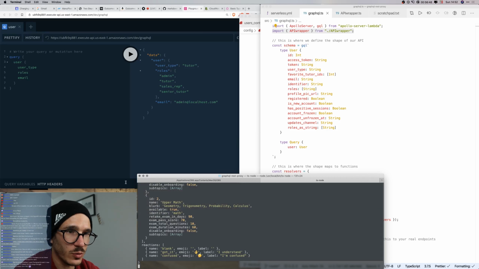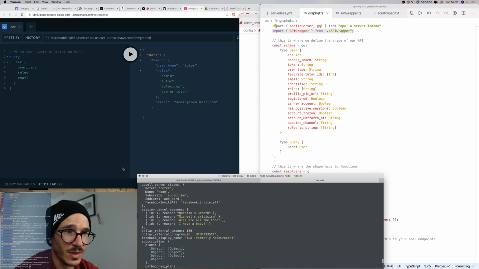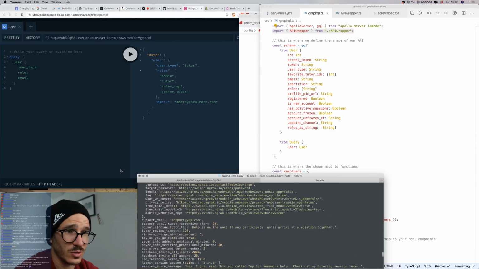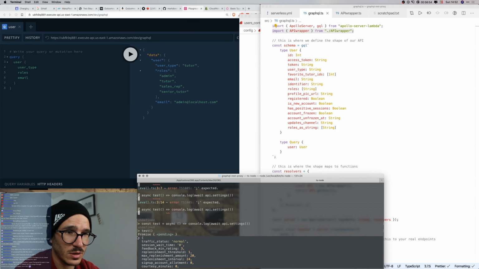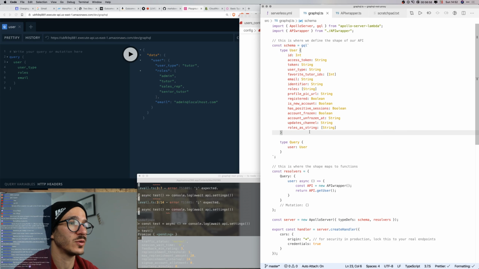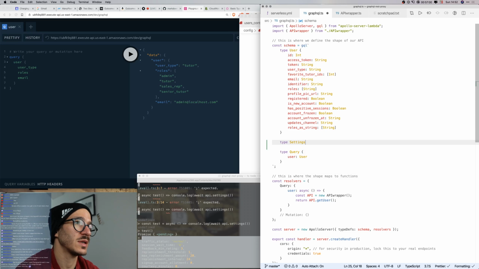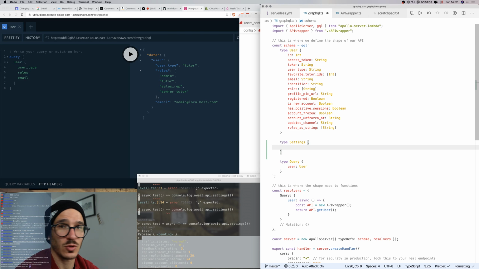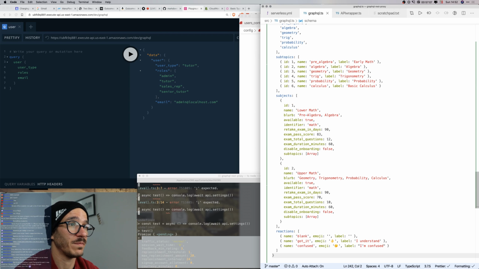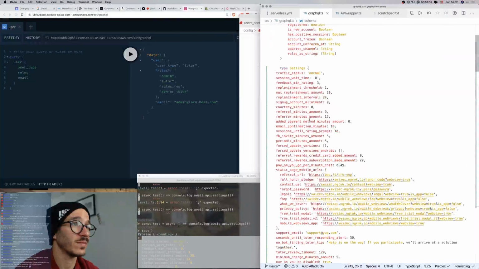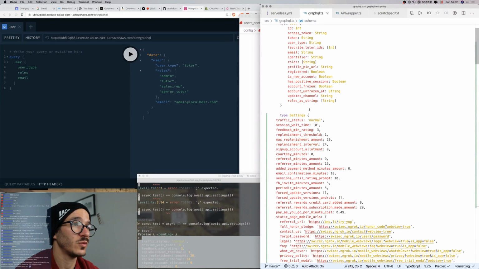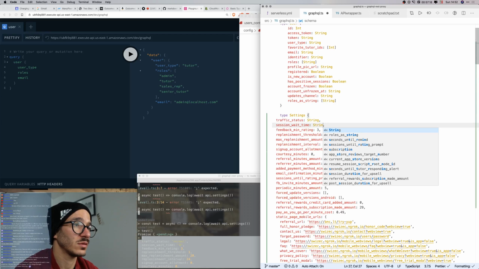Sure. So we now have all of our settings, and there's a lot of our settings. Here again, you will see why GraphQL is going to be better. So if we say type settings, and I paste all of this in here, there's going to be a lot. So let's try. How can we do this? Let's go. String,